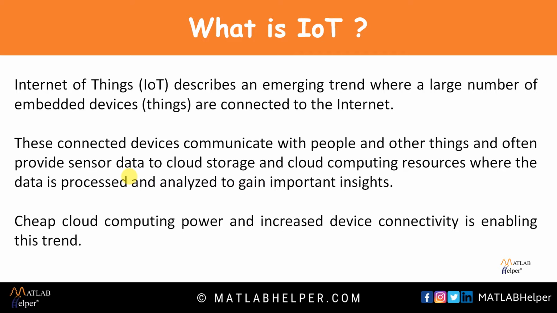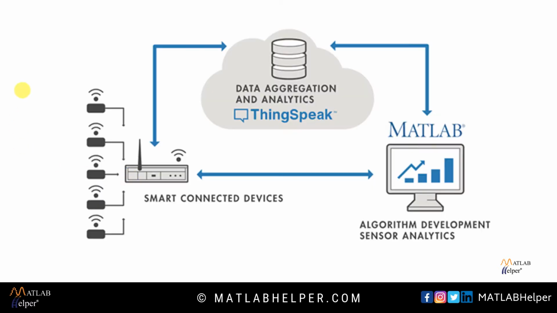So now coming to the visualization. At a high level, many IoT systems can be described using the flow diagram that you see on the screen. This is a flow diagram of an IoT system. On the left hand side we have these smart connected devices. These devices collect the data and it may include things like wearable devices or wireless temperature sensors, heart rate monitors, pressure sensors, machines on the factory floors. It could be any device.